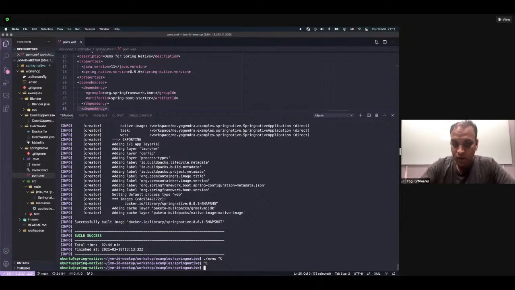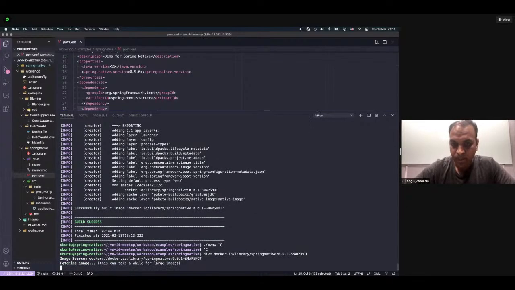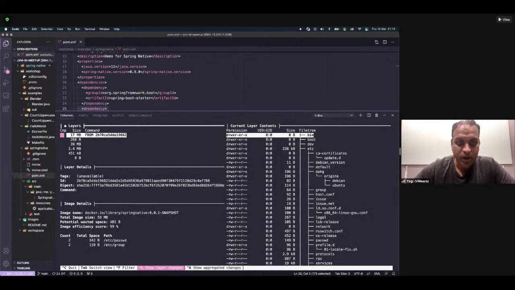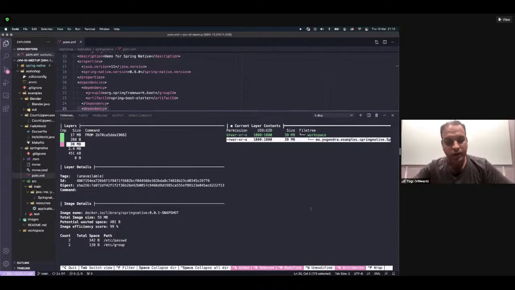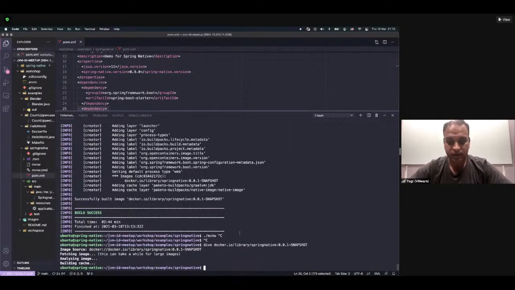So if I dive into our own sample, dive into this particular image, again, you'll find the same exact thing which we saw in case of pet clinic. Our application is actually compiled into a native binary and added into this project. So when we run this application, we can actually run this very easily. So let's say